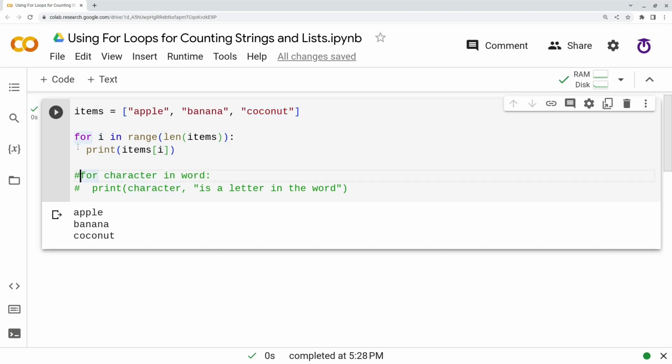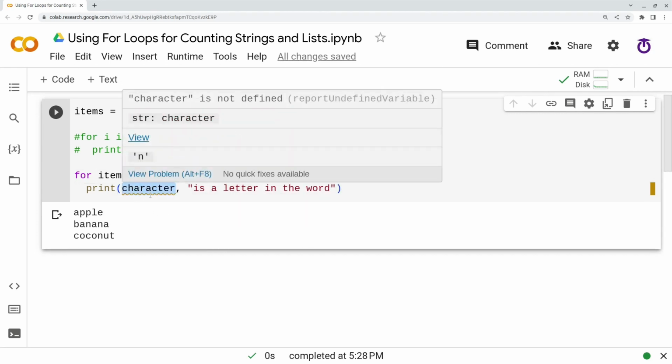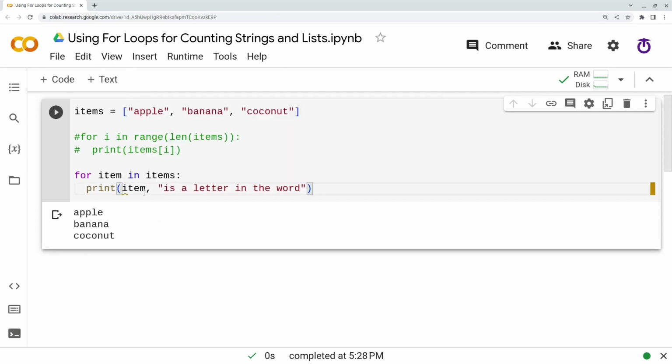So again, you can use this type of loop as well. Let's change how we've written this. Rather than for character in word, for each item in items, print item.